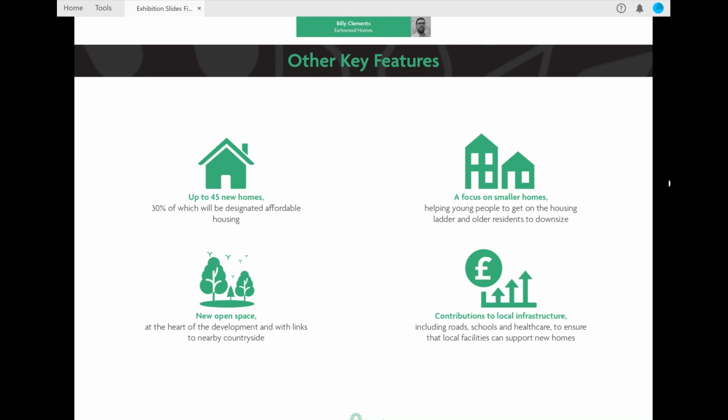And finally, in terms of local infrastructure, we absolutely recognise that that's a valid concern, and that it's important that local facilities and local infrastructure is ready to support the new homes that are provided, not just on this development, but across Hawley and the wider area. So the scheme will make contributions towards local infrastructure paid to the council. We anticipate that there will be in the region of £750,000 of contributions to the council to enable them to fund improvements to schools, to roads, to doctors' surgeries, but